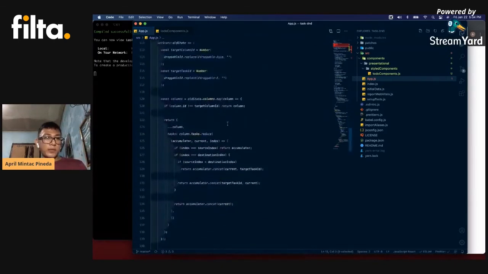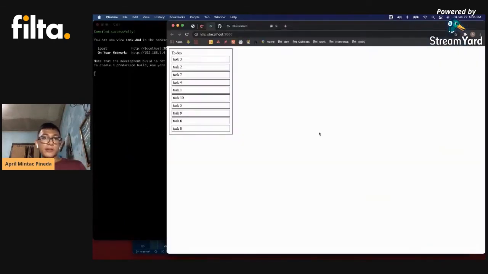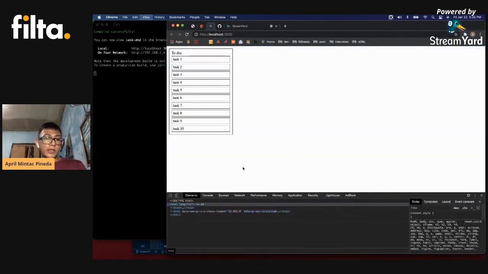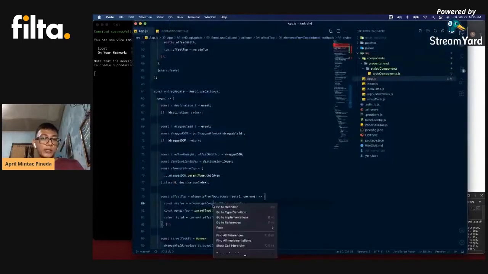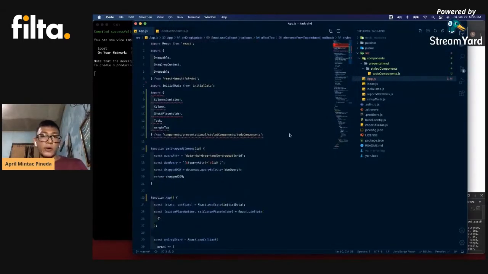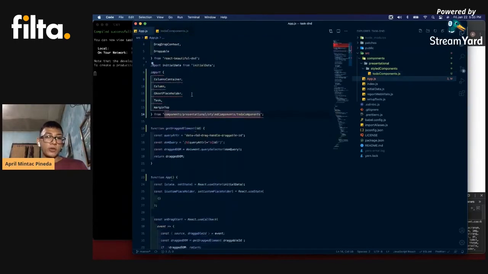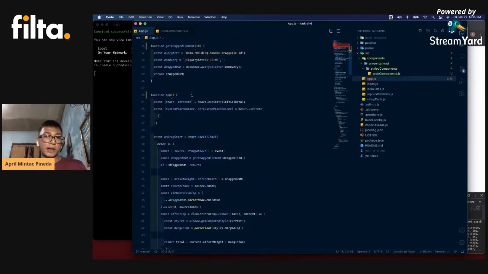Now, if we try and save this, we see that it will compile, and it should work exactly the same way. But now the code is more structured, so that when a newbie comes in and needs to look for a particular component, he knows to go into the components directory, and it may be presentational. There's this convention with React where it's called presentational or container. So in this case, this is a presentational and styled component, and he'll be able to find whatever he's looking for in this particular file. So it conveys intentions, it conveys a message.